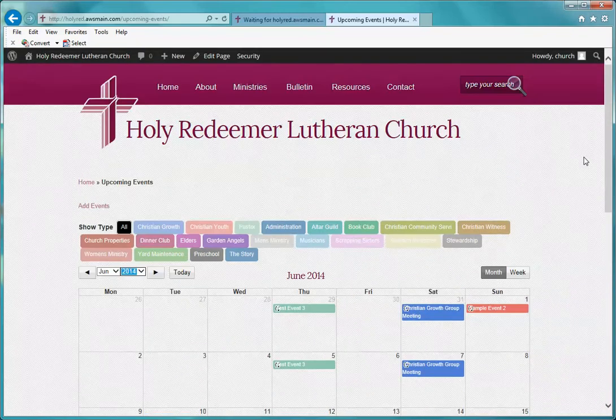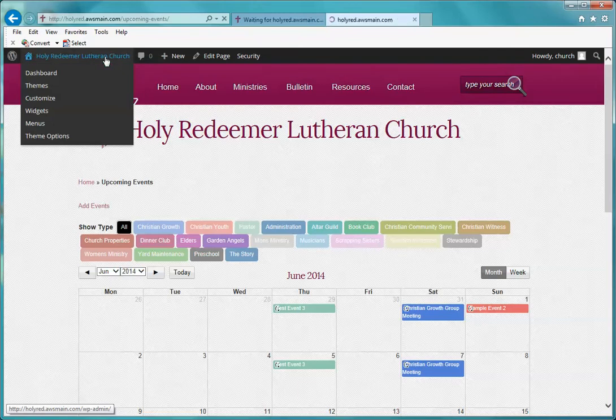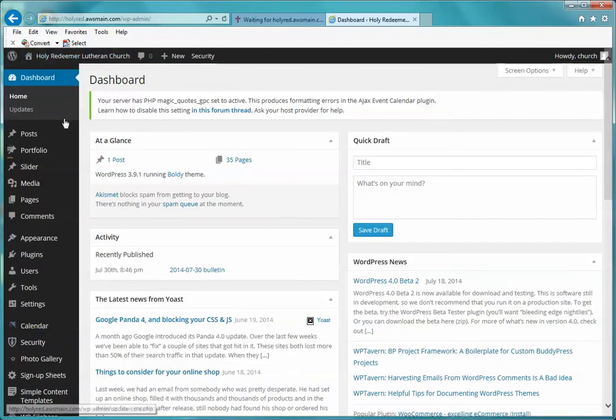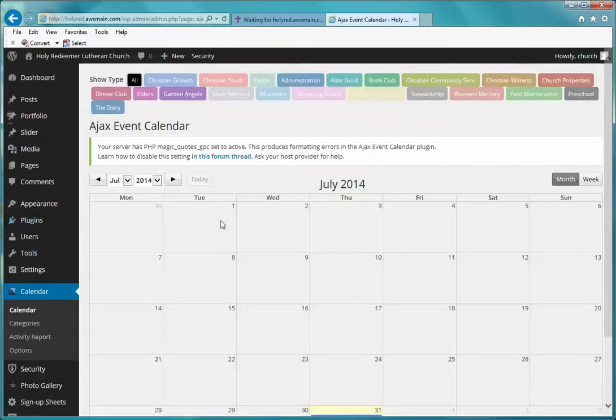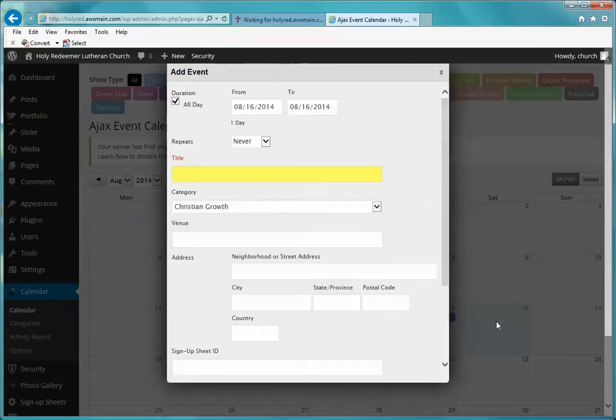So let's create a test event. Go to your dashboard, scroll down to Calendar, click it, and let's create an event for August 16th. Click the window for August 16th. Let's make this a 1-day event, and let's make it from